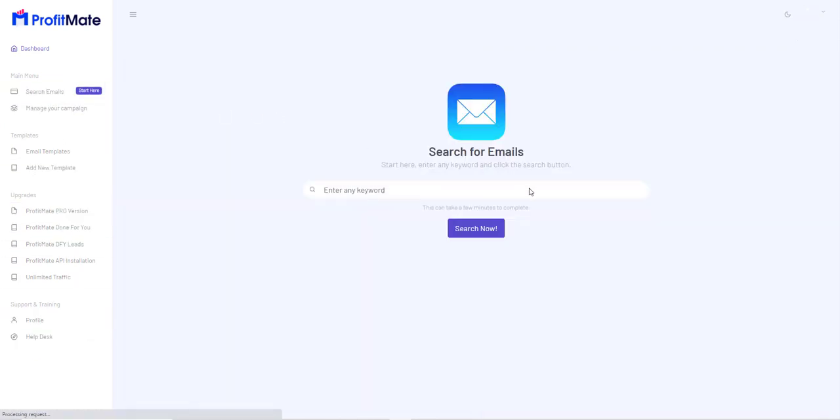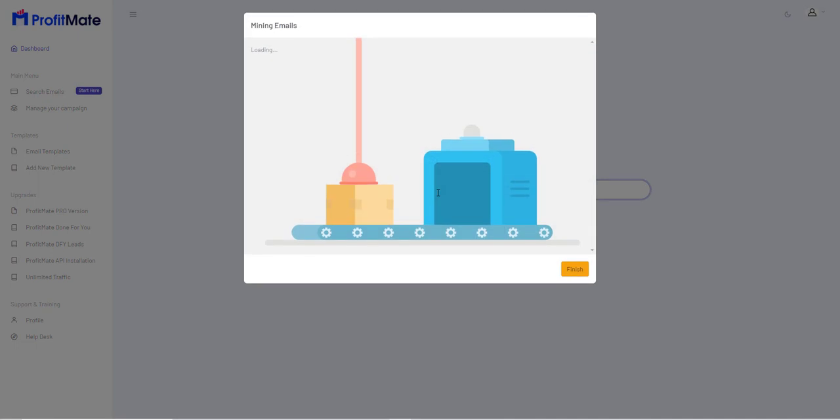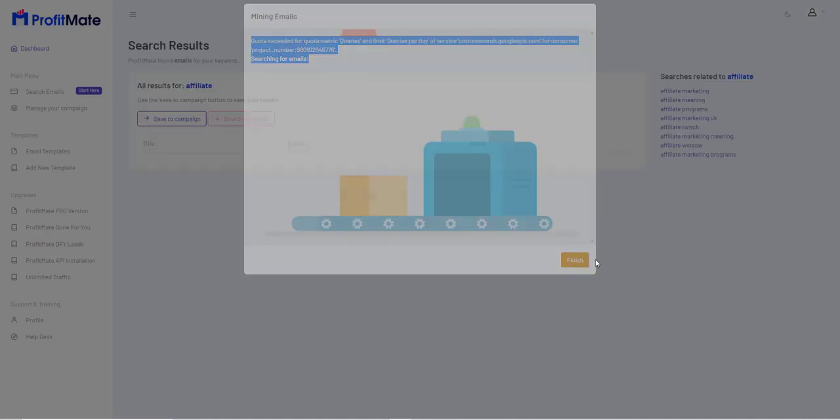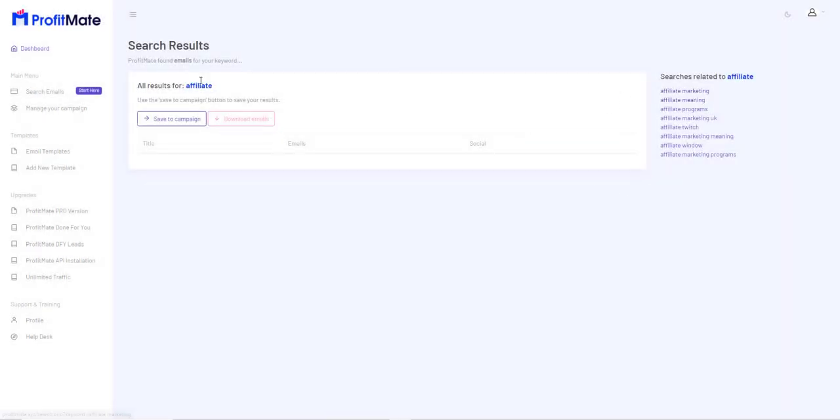So if I go through and use the search email functionality, what I notice on here, and this is the JV version, so I'm presuming they've already maxed out, you see the quota exceeded, so it won't allow me to do any more queries. What this is doing is it's going off and using a web scraping service to bring back results, which is why it's very limited on the front end and it won't actually give you any results.